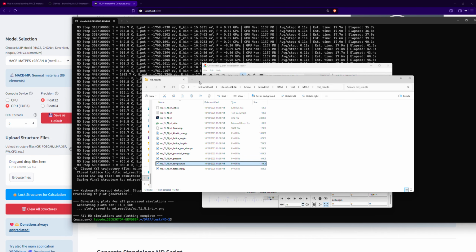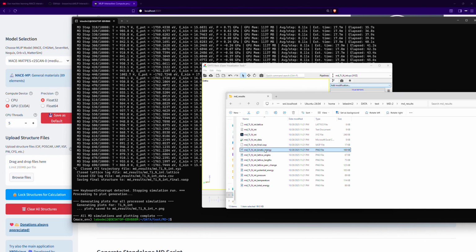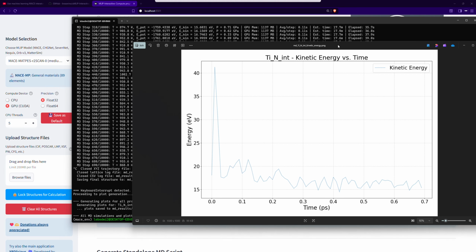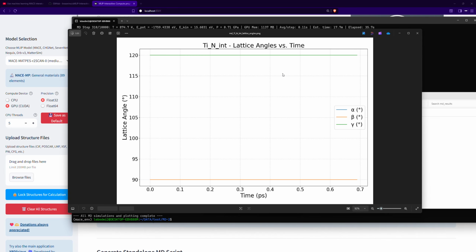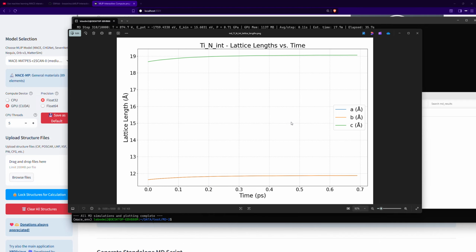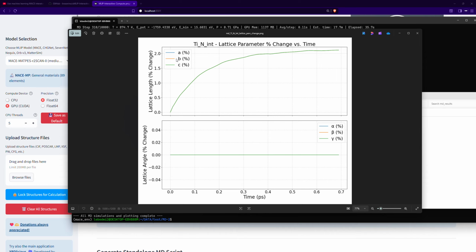And then just for the information, it created automatically some basic graphs. So here you can see how the kinetic energy is changing with the simulation time, then how the values of the lattice angles are changing with time, the lattice parameters ABC, how they are changing with time, and in percentage you can see how they are changing with time. Here are the absolute values, here is the percentage of change,